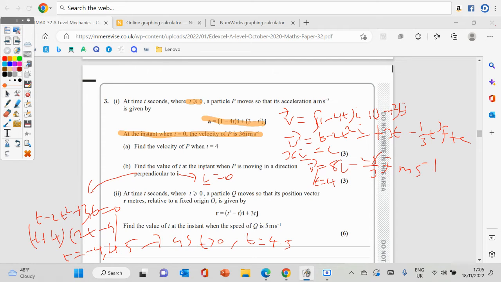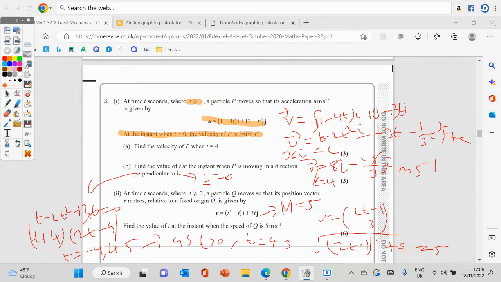Okay, so we're given this thing. We know that mod v is equal to 5, don't we? So we need to get v. Now, the only way we can get v is differentiating this. So we're going to get 2t minus 1 and 3. So we know that means that the square root of (2t minus 1) squared plus 9